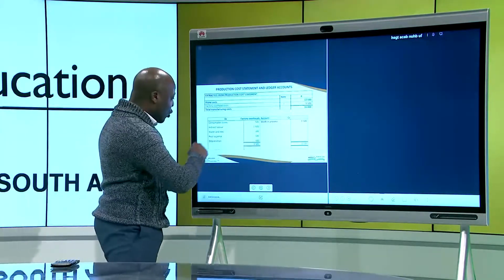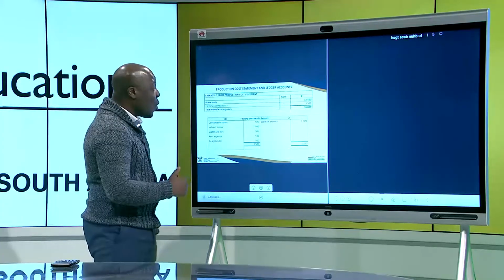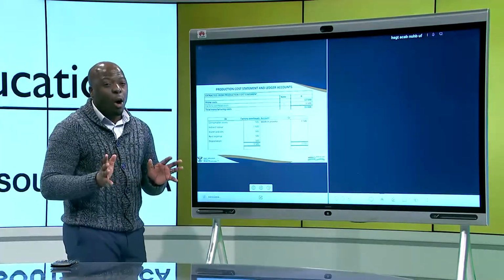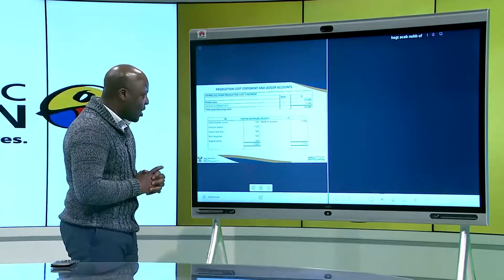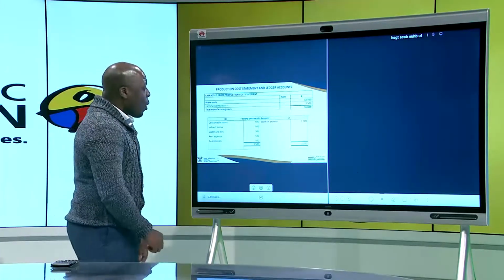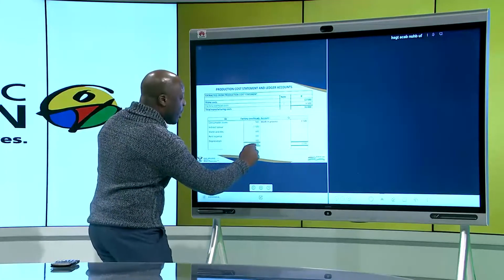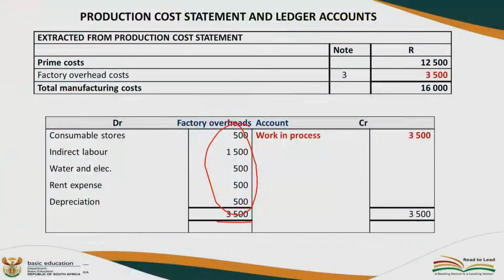You have your water and electricity, rent expense, as well as our depreciation. These are all costs that are happening in the factory, but not direct. Now, we're going to add all of them, and they add up to 3,500. So we then close off our factory overhead account to the work in process, and the amount is